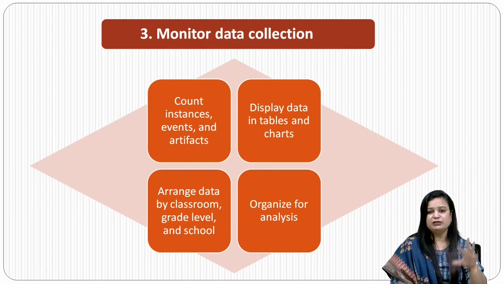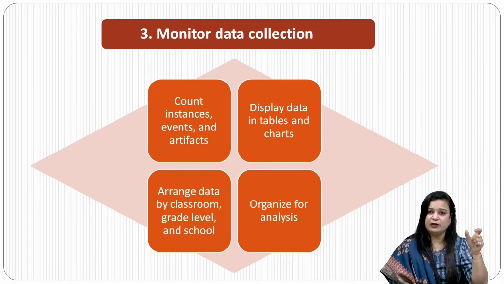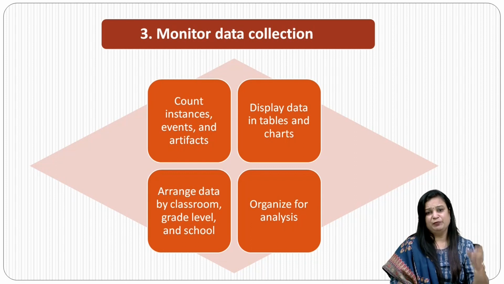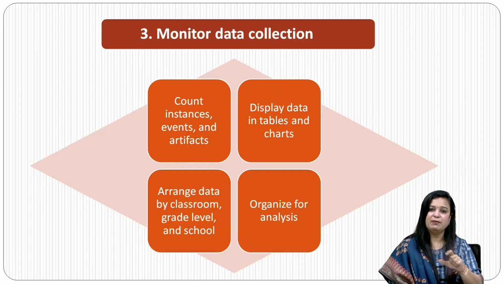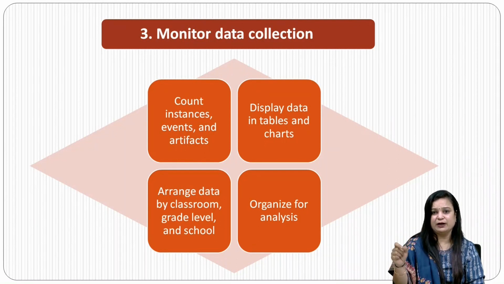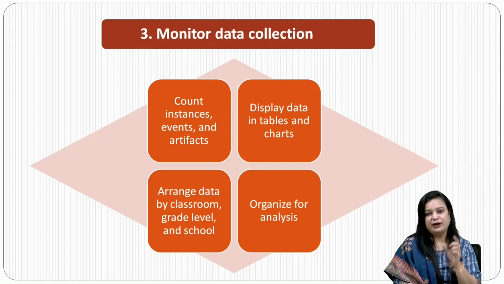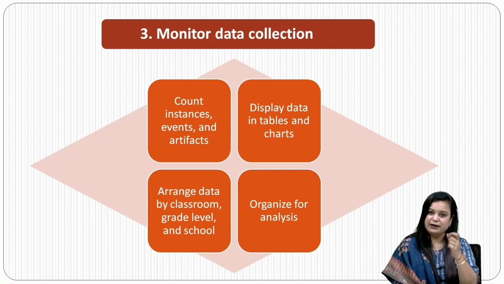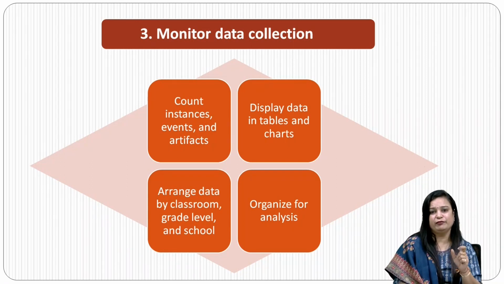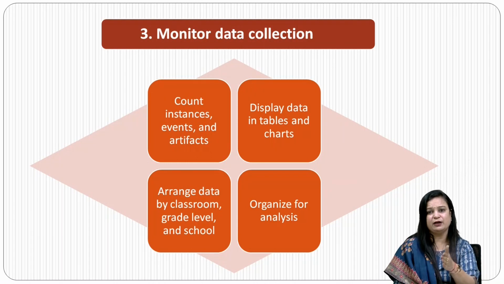What is to be done? First, you have to count the instances, you have to count the events, as we discussed in the earlier slide, that you have to keep a note of each and every incident, every day-to-day happening. Then show it in a table, make a table and keep a daily entry into that. You know what is to be found out, you know the points which are to be found out and noted. In that table, day-wise or date-wise, you should display tables, charts, whatever is there. That gives you a clear-cut quantitative record of what findings you are trying to find out, or what data you exactly want to collect. Then organize for analysis.